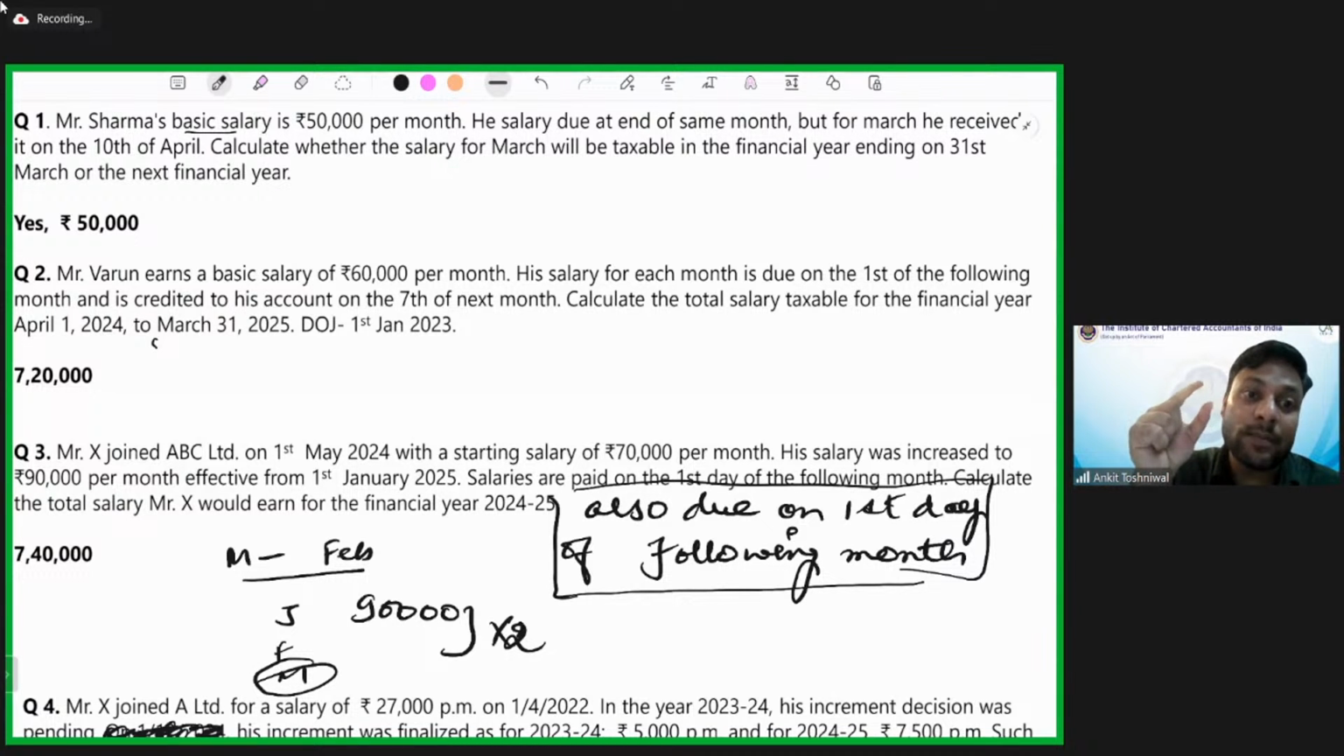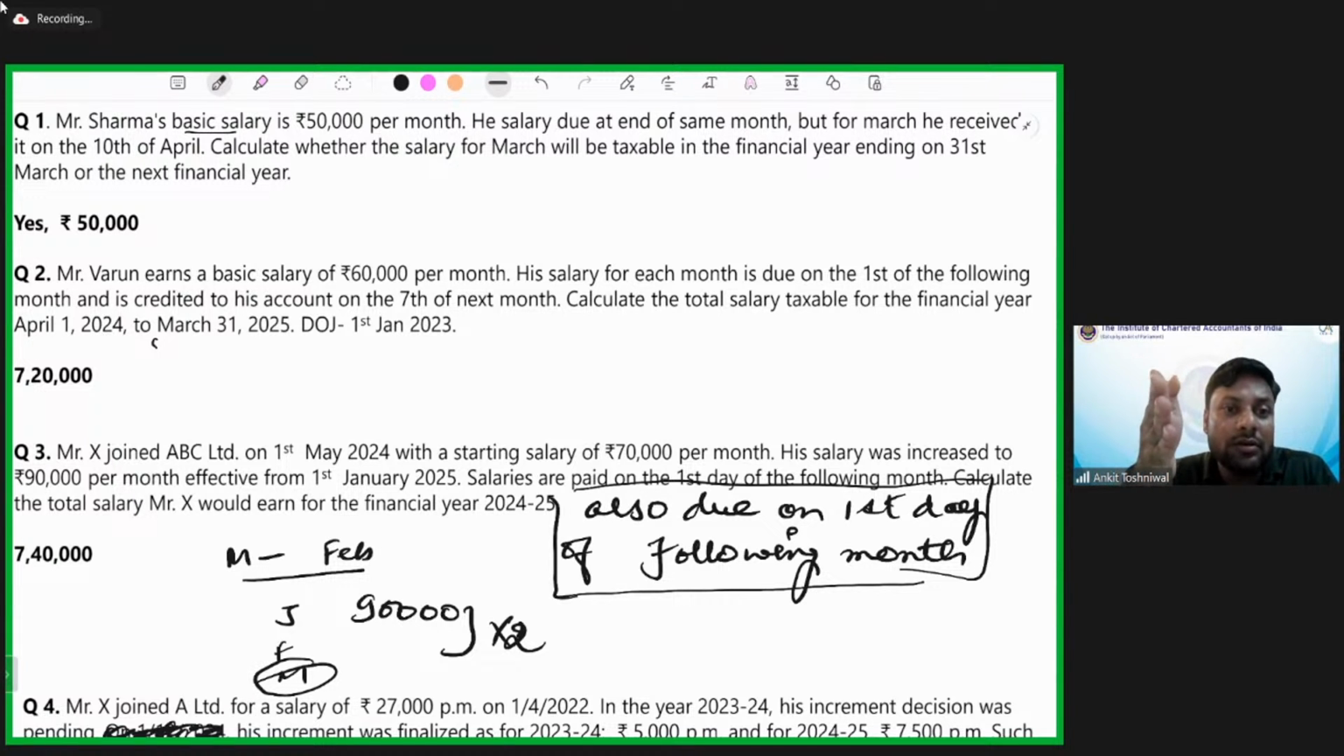Previous year में जो आपने पैसा कमाया, हम उसके ऊपर कैलकुलेशन करेंगे for that assessment year. Correct? So in this question there is a concept of section 15 which defines due or received, whichever is earlier. Only that is the point of taxation. Correct? So in this question,